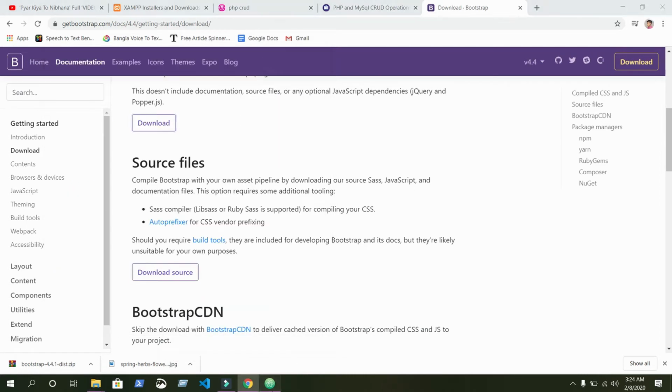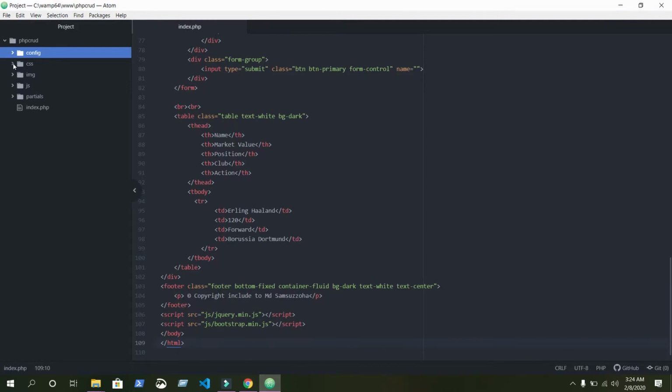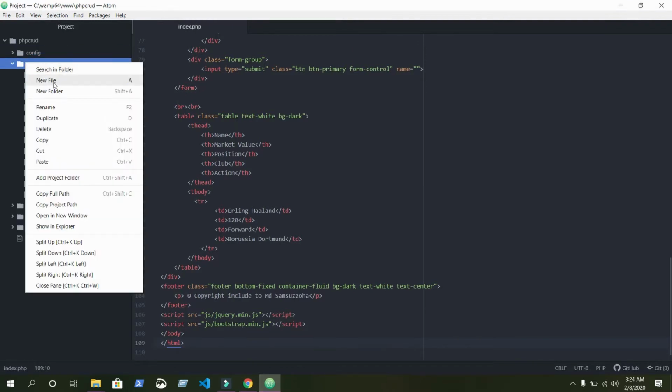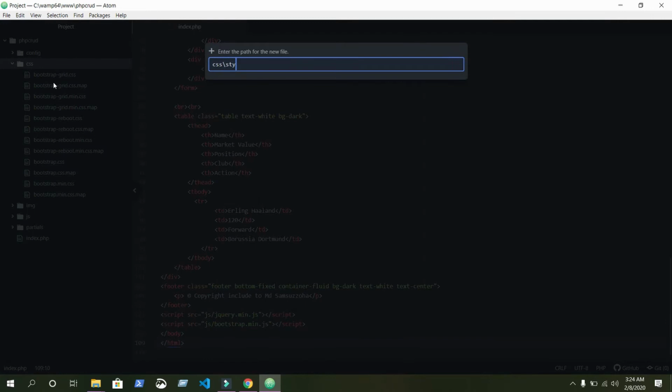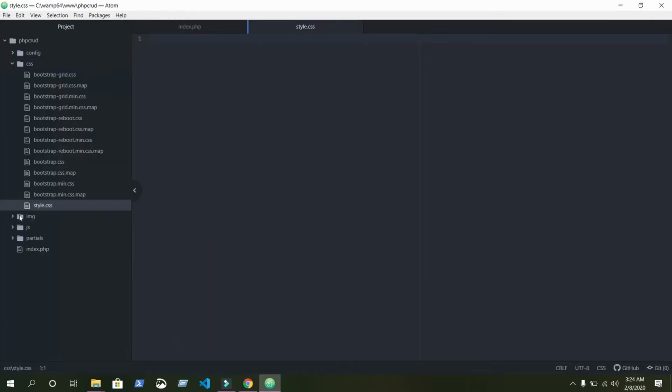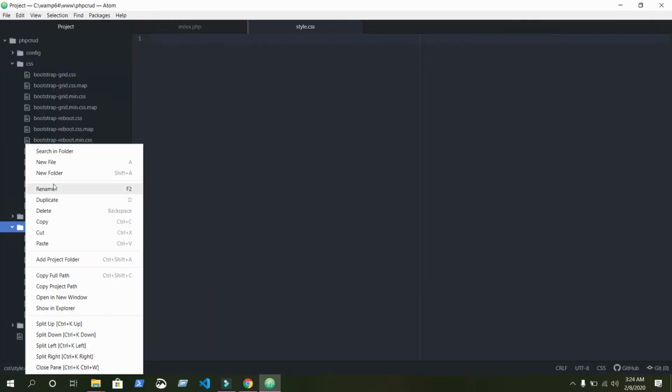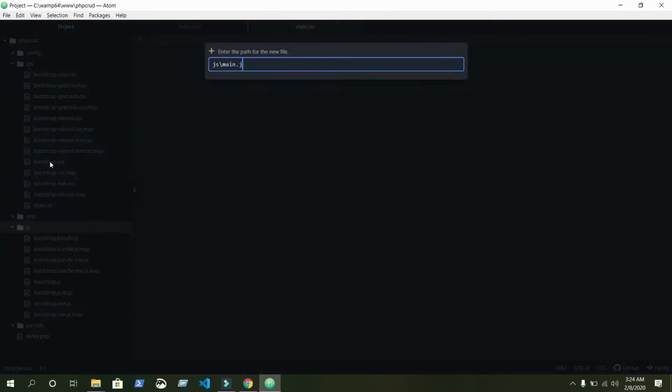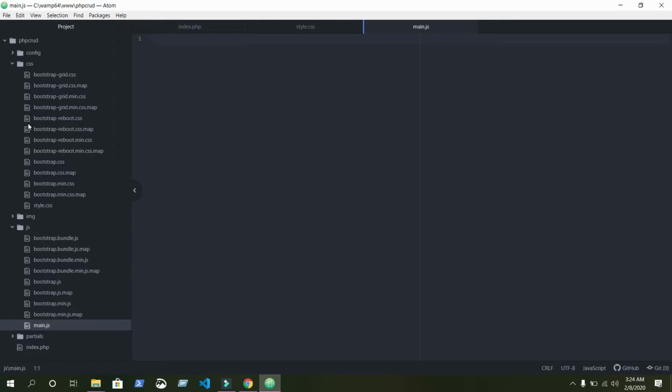We are going to make two more files inside css and js. Just write style.css, and the js will be main.js. Okay,